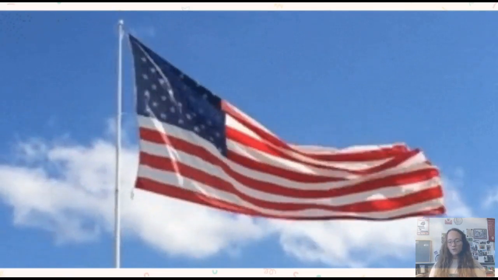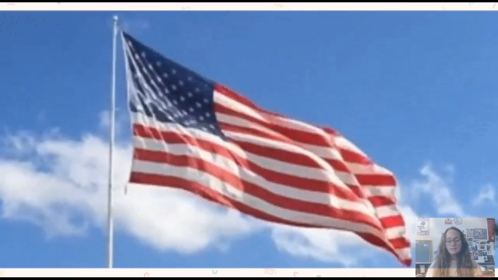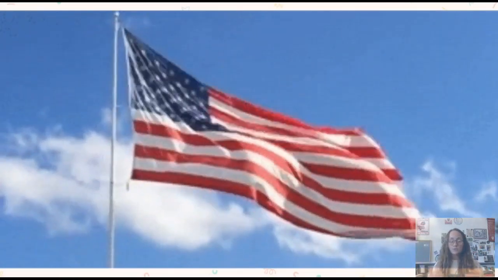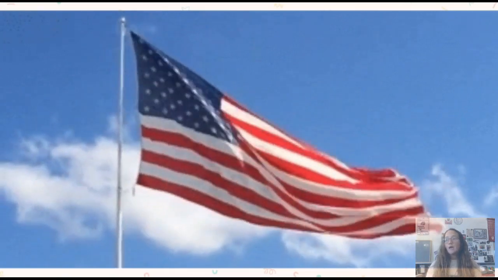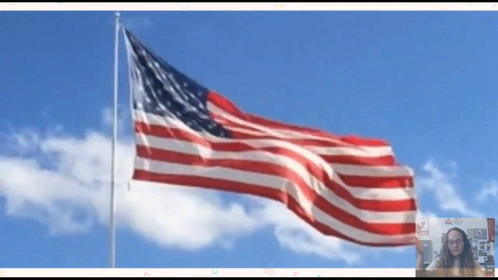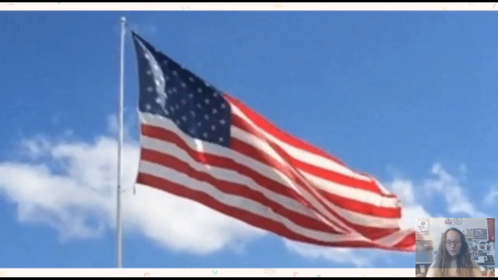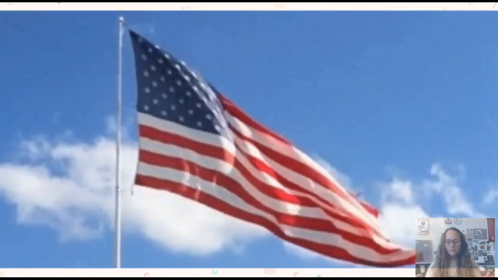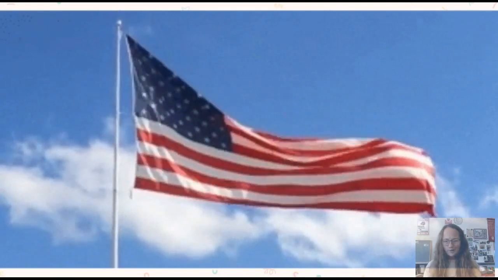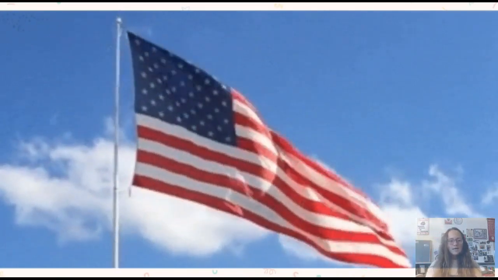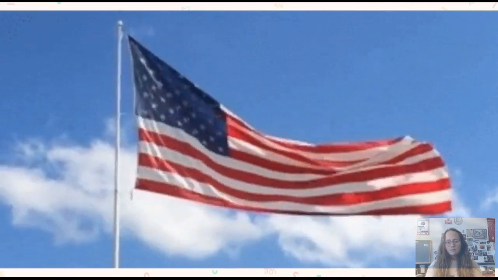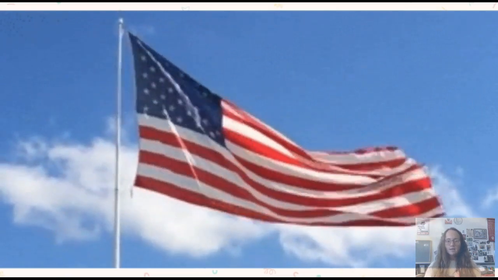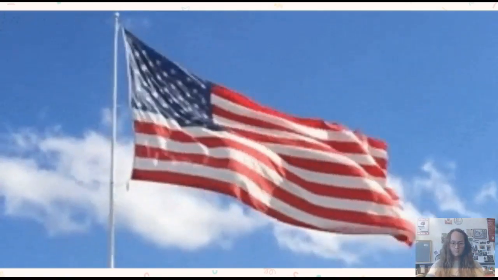Now, for a lot of people, it might also represent independence or freedom. So there are a lot of big ideas behind this one symbol, to the point where if I gave the example in class, if I were to take the flag off the wall and throw it on the ground, people would have a very strong reaction to it. But if I grabbed another piece of cloth in the room and did the same thing, people might think I'm weird, but nobody would really care all that much. So a lot of times symbolism does carry a lot of emotion, a lot of specific feeling towards a symbol, especially in this case with the American flag.